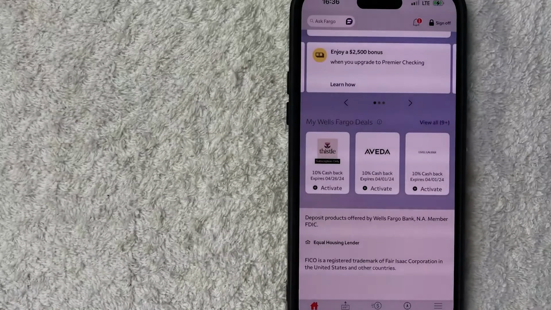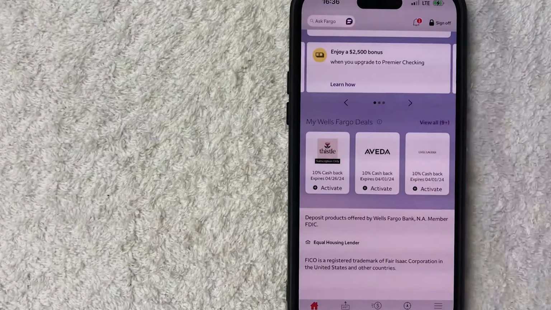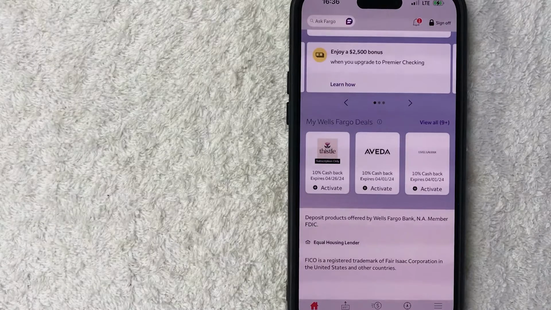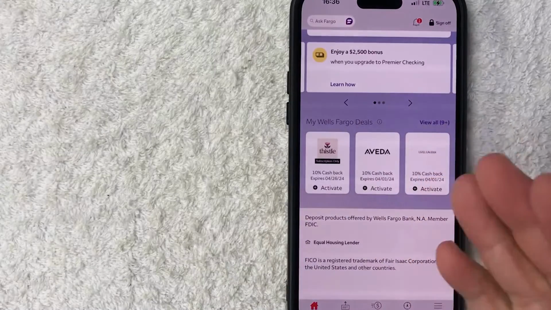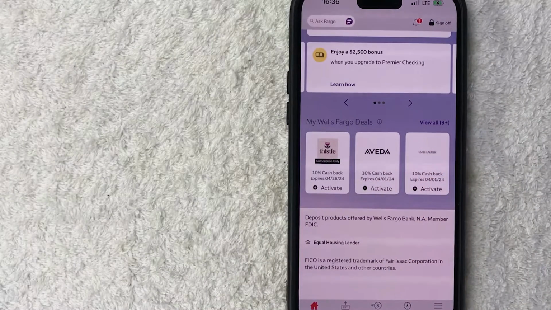Okay guys, I went ahead and opened up my Wells Fargo app. This is the home screen. Now, one thing I want to let you know is that if you're looking for the sending limits on Wells Fargo through Zelle, they're a little vague. If you saw my other videos on the other Zelle platforms, oftentimes they're going to show you what the maximum amount is that you can send someone directly in the app. However, with Wells Fargo, it is a little bit more vague,